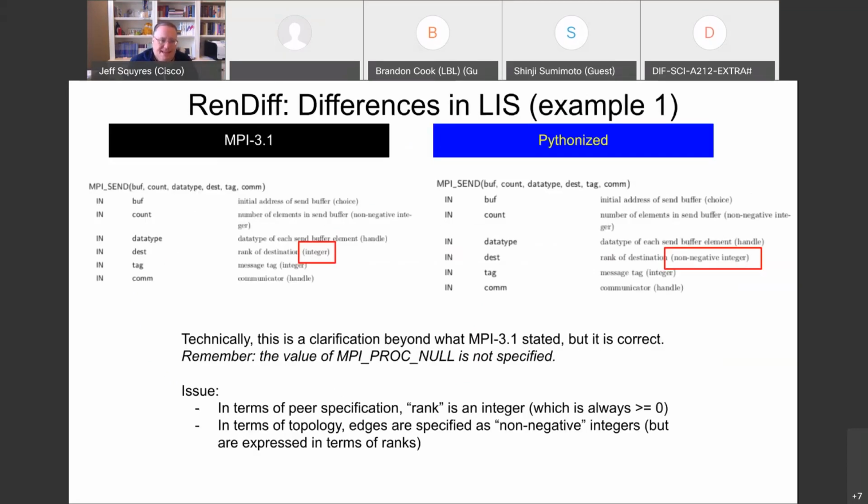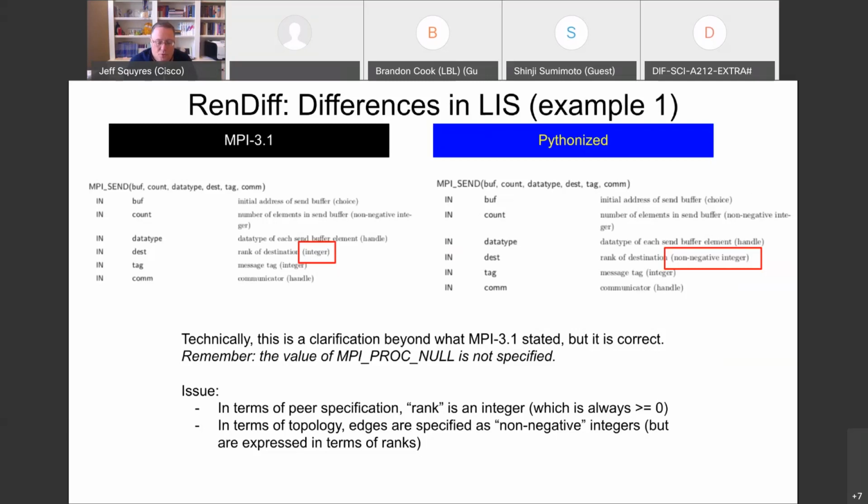So for example, MPI send, the destination is listed as an integer. But technically a rank is a non-negative integer. And so our engine renders this as a non-negative integer. And that's because in other places in the standard, it talks about ranks as non-negative integers, and the parenthetical to the right of the language independent specification says non-negative integer, right?